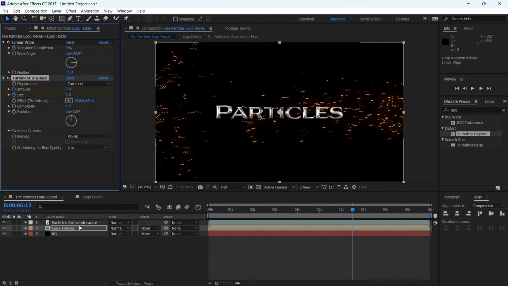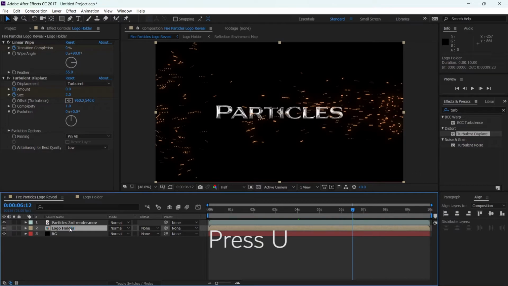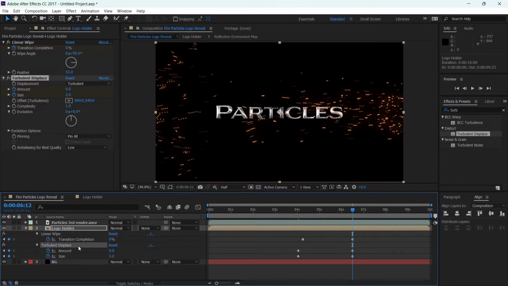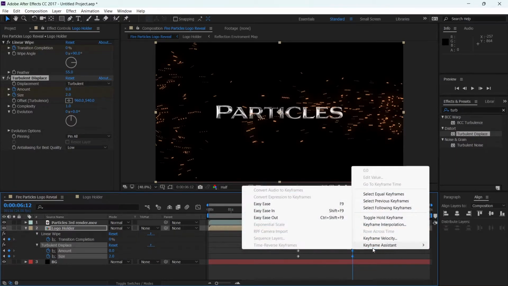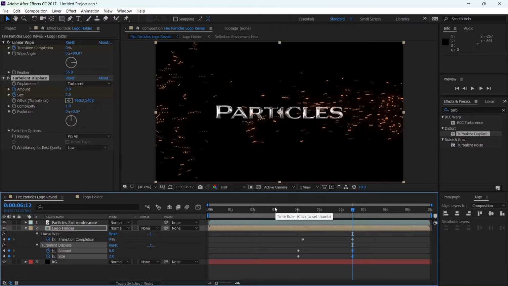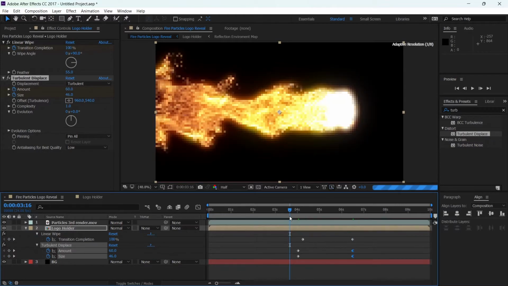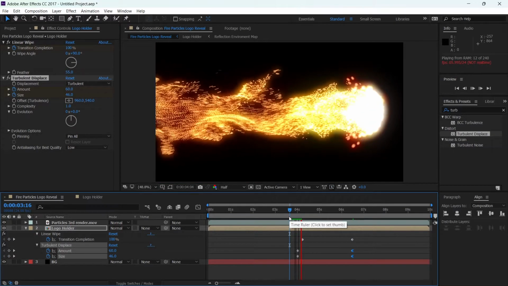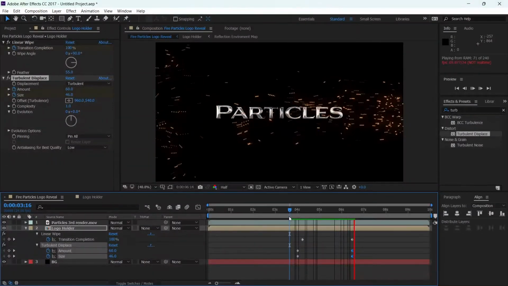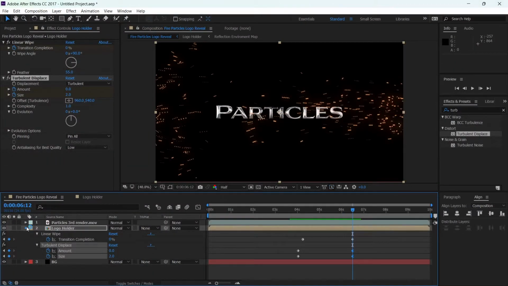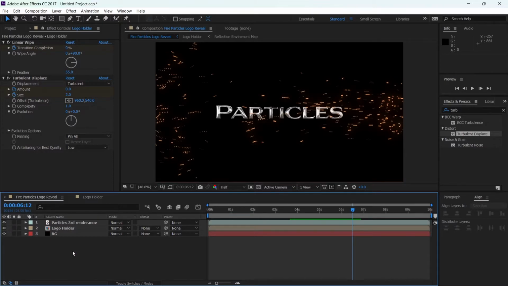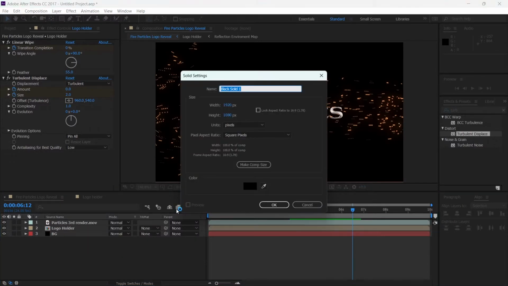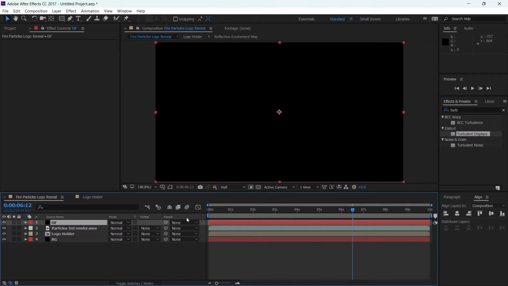Great. Then I'm going to just select the logo holder and press U. Then on the turbulence displace effect, I'm going to select the last 2 keyframes, right click and go to keyframe assistance and easy ease out. Great. So now we have this nice animation with the distortion effect. Now I'm gonna just add some flares. So I'm gonna create a new solid, rename this to OF, and I will add a